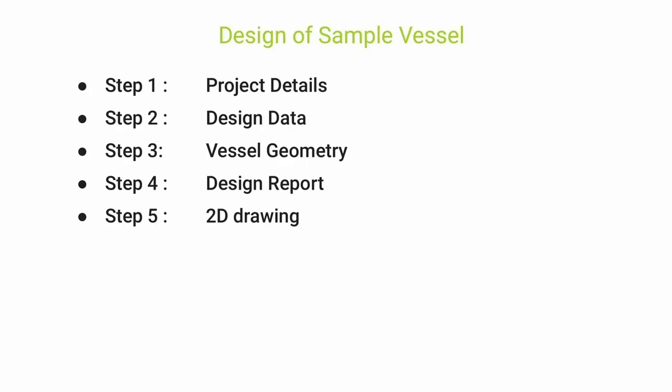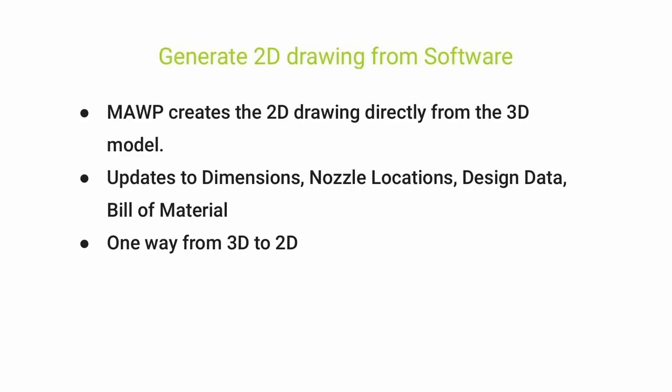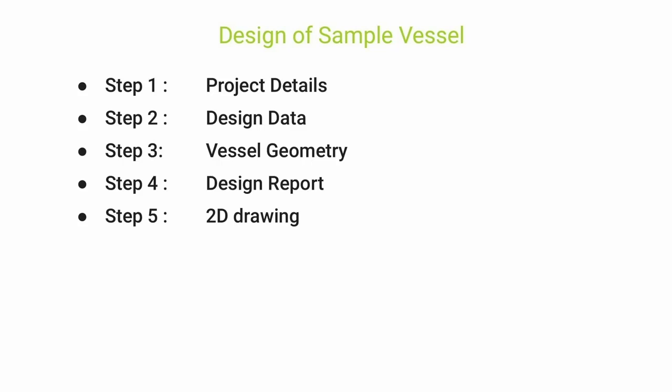So these are the steps what we've created from the project input, basic input, 3D drawing, design report, and 2D drawing. So from step 1 to step 5, the modeling of a project becomes very easy, from the proposal stage to the modeling, to check all the details from bill of material, material of construction, to change the dimensions, and to do the drawing part. So it takes very few minutes to do the changes, to create the report.